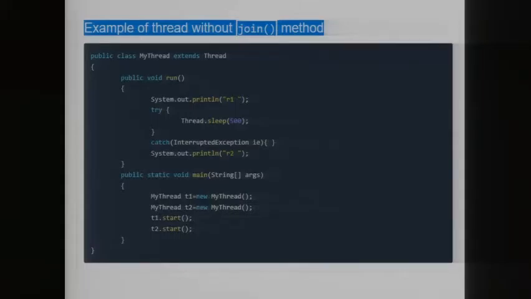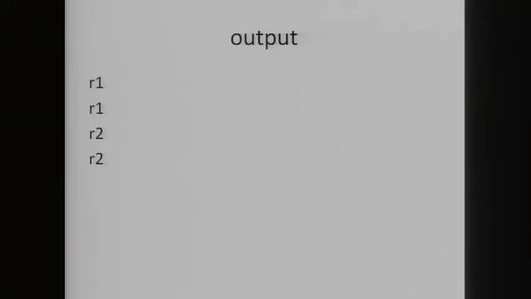Thread T1 will wake up from sleep and print R2 on the console. Similarly, thread T2 will wake up from sleep and print R2 on the console. So you will get output something like R1, R1, R2, R2. So here is the output. You can see that we have got the output as R1, R1, R2, R2. Right. So this is an example of threads without join.